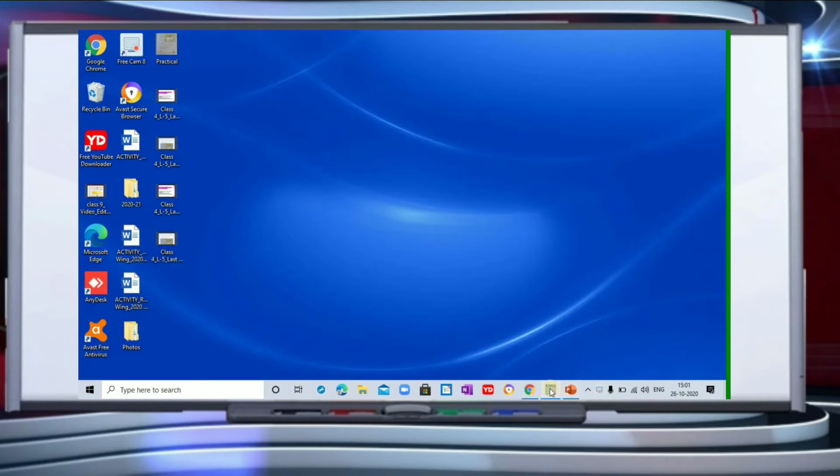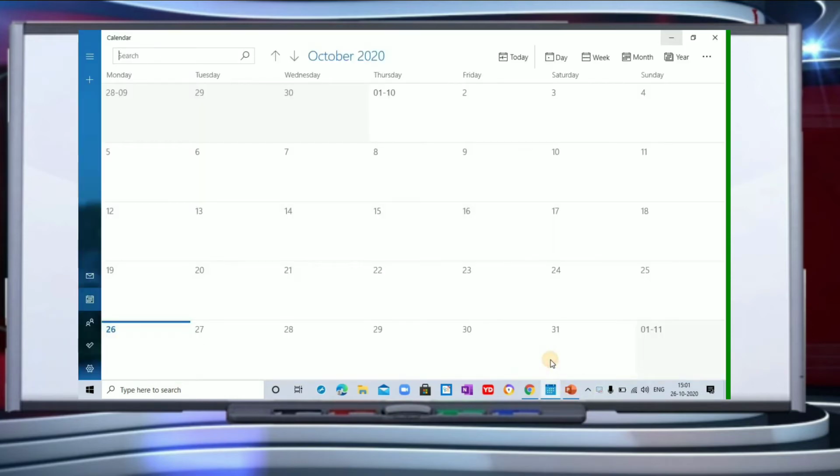Now children, this is a calendar. I showed you how to open the calendar last time. So this is the calendar, and it is very easy to work with. This is the first thing that you see on a calendar, and it's given here today because today is Monday and it is highlighted by default.